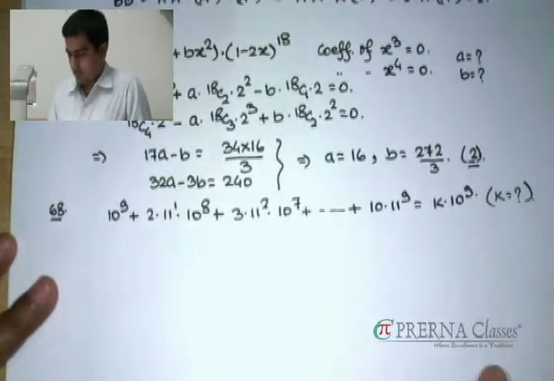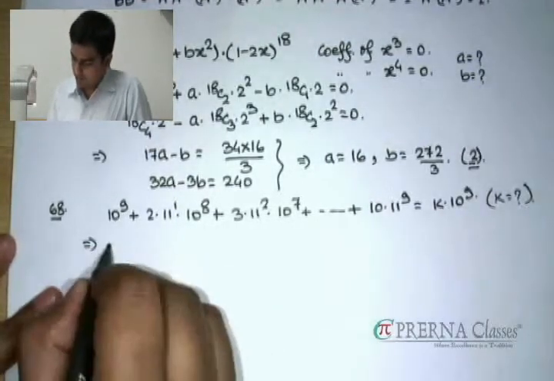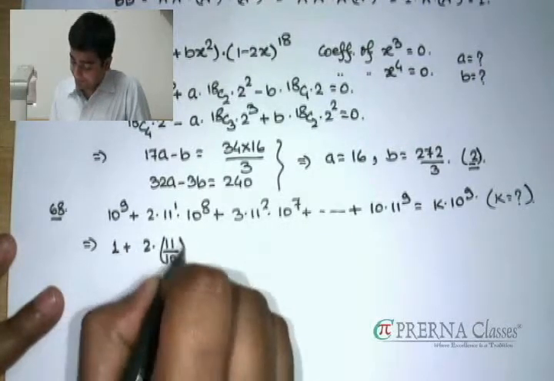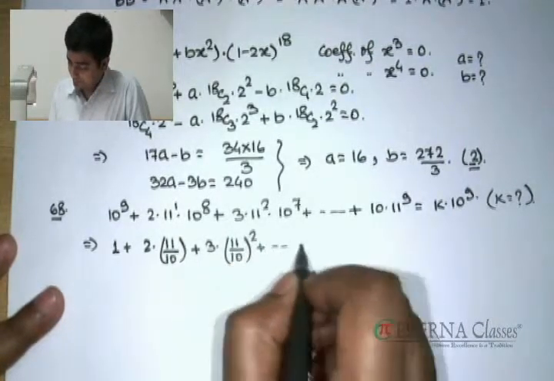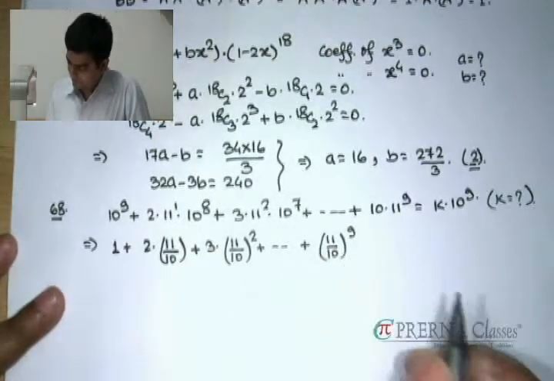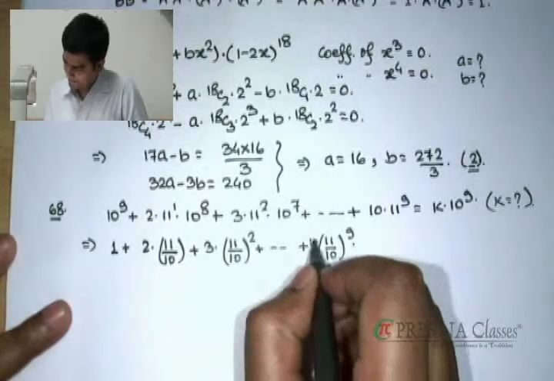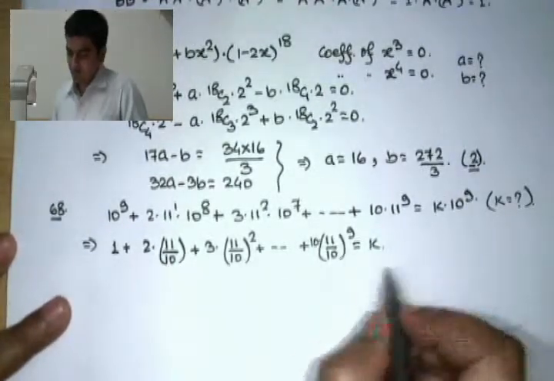Okay, next problem is related with arithmetico-geometric series. If you observe, one series is given and the result is given in terms of one constant, that is something which you have to figure out. Since 10 to the power 9 is present on the right side also, let's take that quantity to the left hand side. This is what is the value of k.